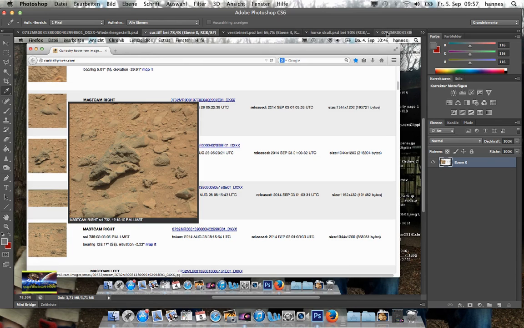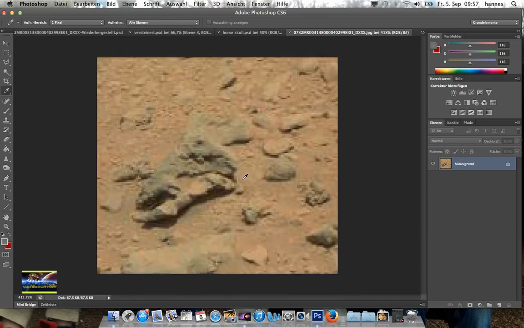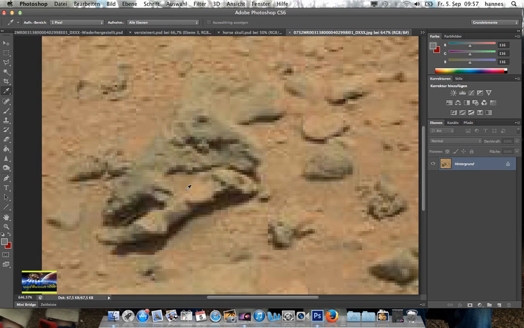So anyway, this was the photo I was intrigued with. You see, this is the low resolution, but even in this resolution, you can see teeth in the mouth, and you can see the shape of it and that it resembles a head. Okay, so this is what I was curious about, and 2 days later